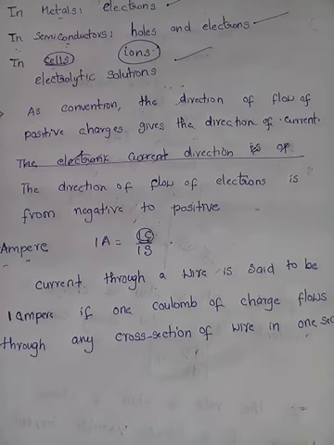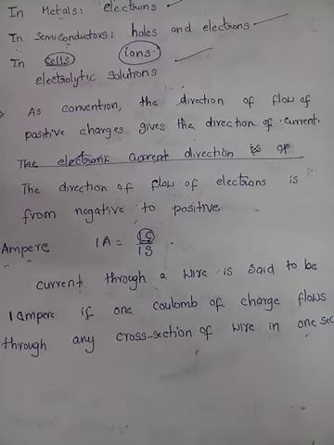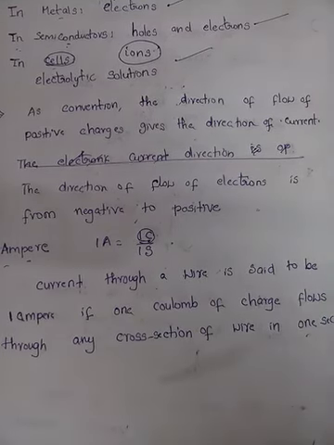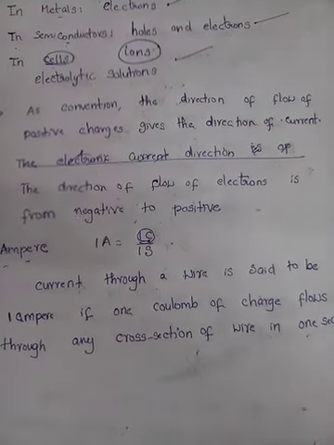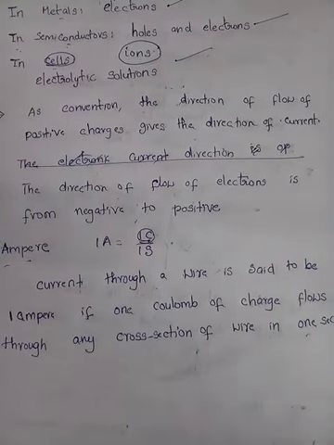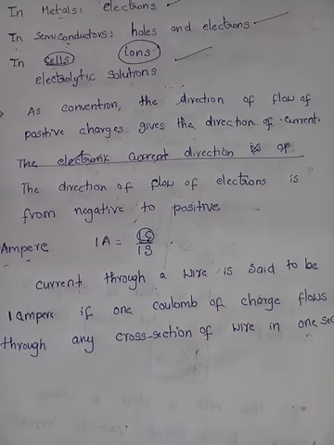The rate of flow of charge is called current. If the charge flow is varying, it is called variable current. If the flow of charge is constant, it is called steady current. The current due to positive charges is called conventional current, and its direction is from positive to negative. The current due to negative charges is called electronic current, and its direction is also taken from positive to negative. This current is measured in amperes, and it is a scalar quantity because, although it has both magnitude and direction, it does not obey the vector laws of addition.